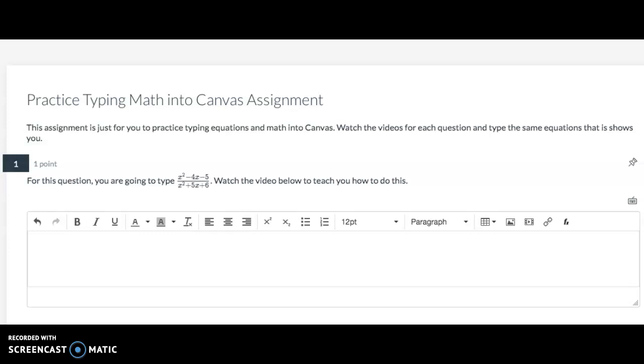So right now we're going to practice typing into your equation builder. We're going to first type this: x squared minus 4x minus 5 divided by x squared plus 5x plus 6. So typically you have this x squared button right here. If you just need to make an exponent, that button's fine. Otherwise, we're going to be using the f of x key all the way to the right over here,